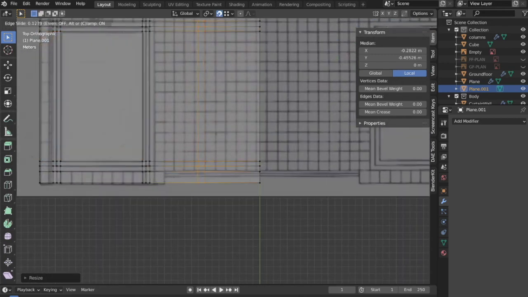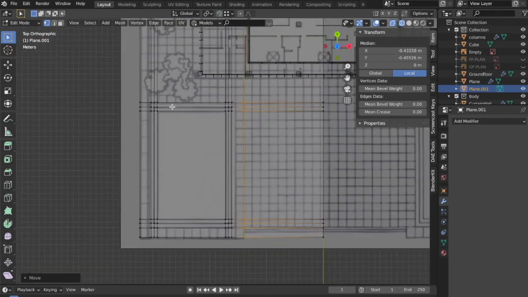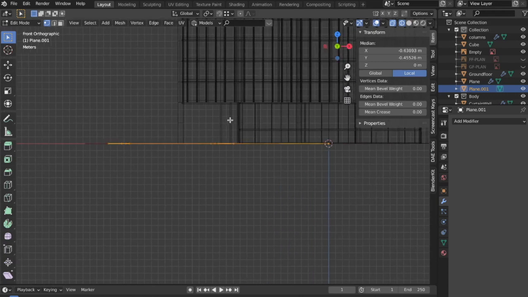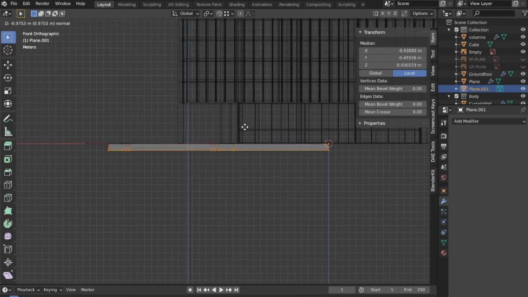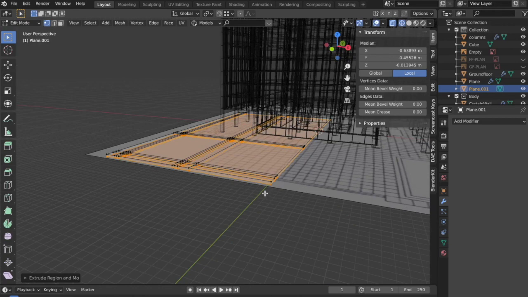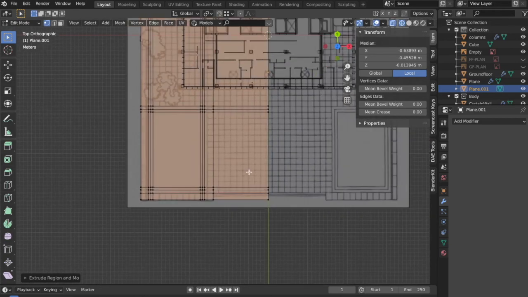Also make this one loop cut over here for the stairs, and you can turn this off for now. Now that we have done it, over here I'm going to go into the edit mode and then extrude it to a height of minus 0.45 meters. And you may ask why 0.45 meters and how I determined it. There are two methods by which I did it. One is the observational method.